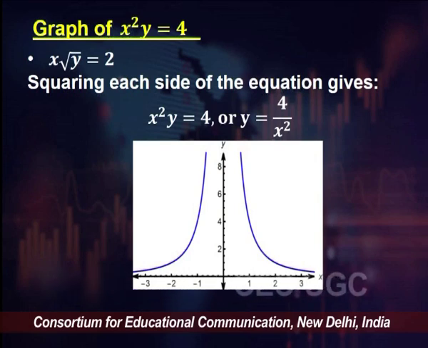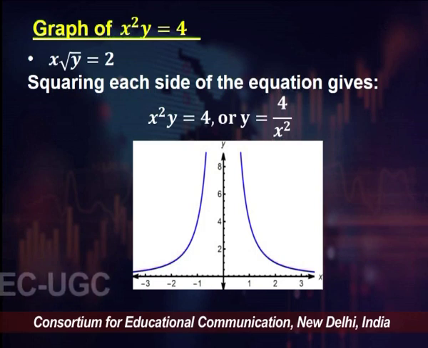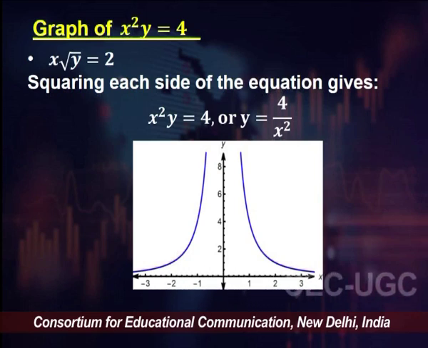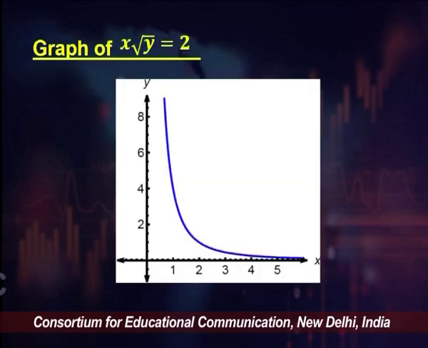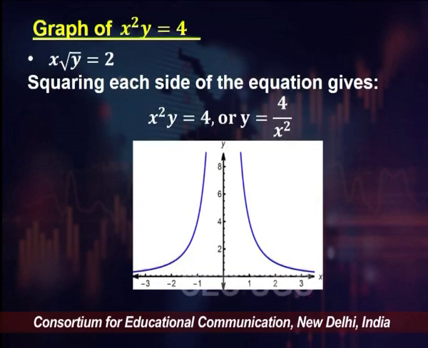Now, many of you might ask this question: we have squared this equation, and the information that was embedded in the equation x times root y equal to 2 has now changed, because earlier the actual function represented by this equation is now changed to these two curves in the two quadrants. So, is this a right approach to follow? Is it okay to square both sides of the equation to get your dy by dx? The answer here is yes, you can do that with no problem at all,